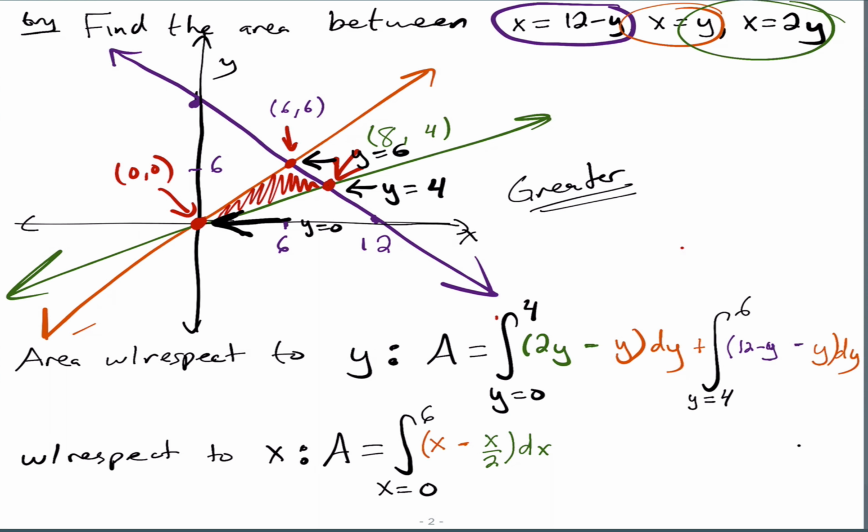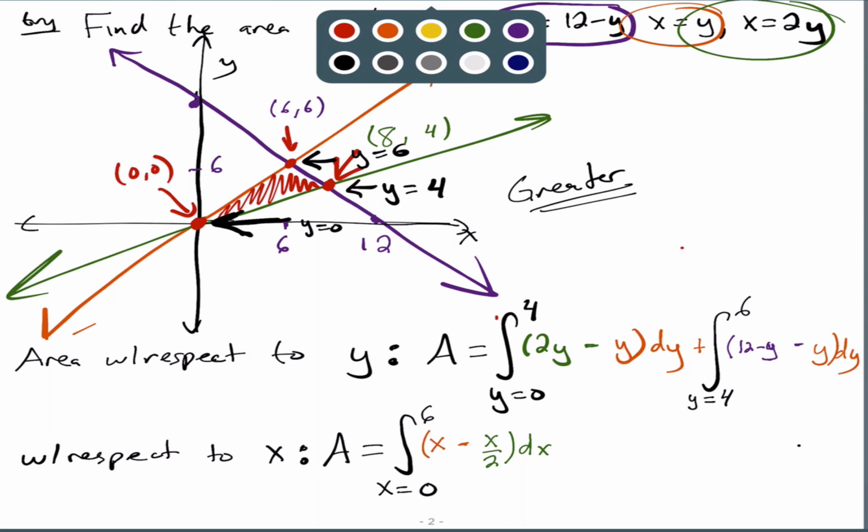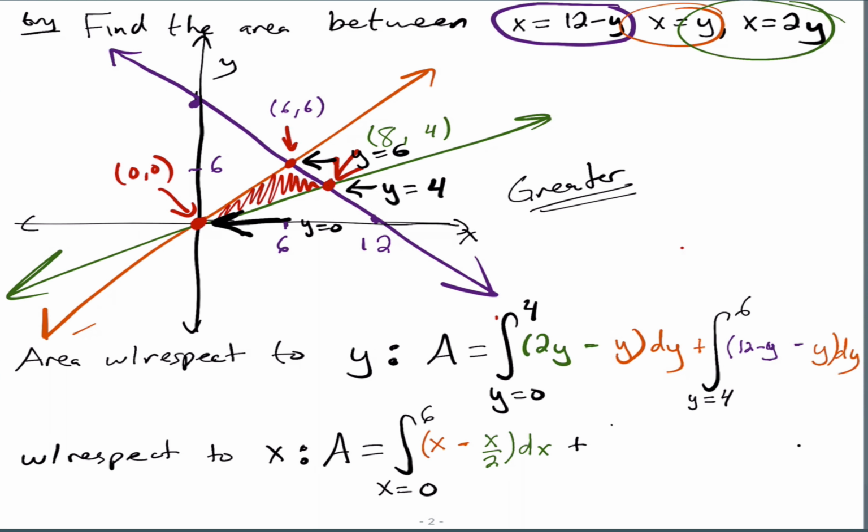With respect to x this time, right? So notice now we had to solve for y, right? Because now y is the value of the function when the function is with respect to x. And then to that, we are going to add the integral from x equals 6 to 8. Yep. And then on that interval,